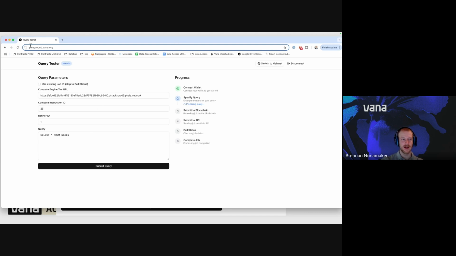So this is at playground.vana.org. It defaults to the Moksha query tester. You can switch to mainnet. You do have to connect a wallet, which I've already done. And the way that this works is you specify the compute engine TEE URL. There are currently only two, one for Moksha, one for mainnet. They should be documented somewhere. If you can't find it, just ping us and we'll see why you can't find it and give you the URLs. You provide a compute instruction ID and a refiner ID and then a query that you can submit, and